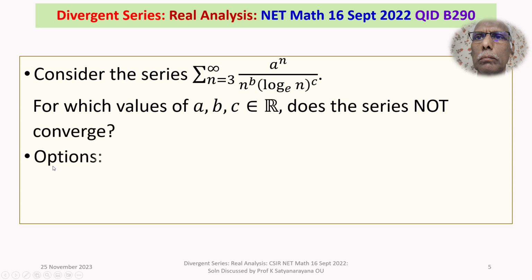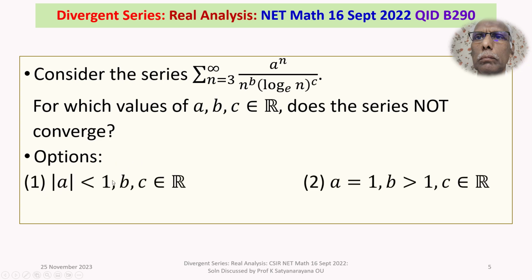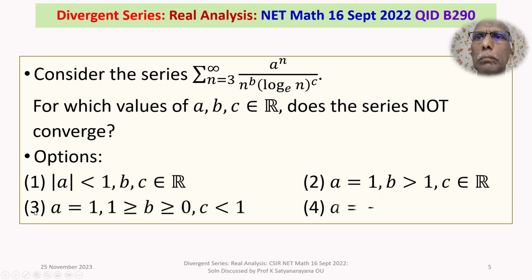We are given 4 options. Option 1: mod a less than 1, b, c belongs to R. Option 2: a equals 1, b greater than 1, c belongs to R. Option 3: a equals 1, 1 greater than or equal to b greater than or equal to 0, c less than 1. Option 4: a equals minus 1, b greater than or equal to 0, c